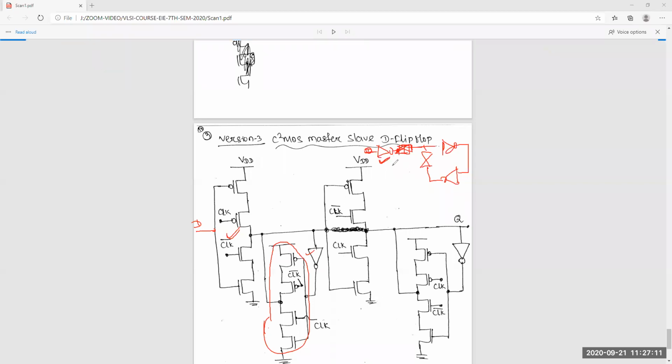It's the similar thing. Inverter, transmission gate, the same thing. Only thing you have to remember, instead of this, you can use this.